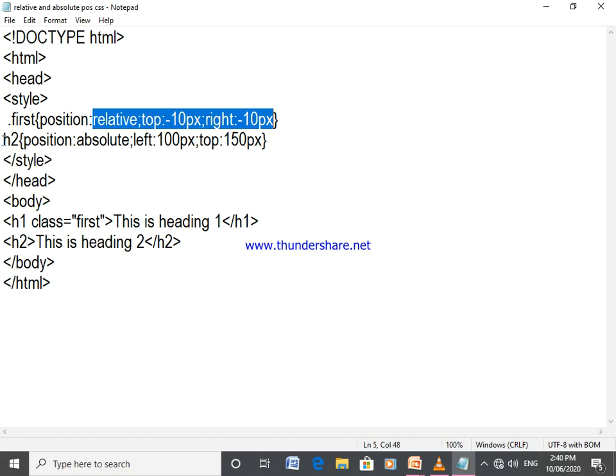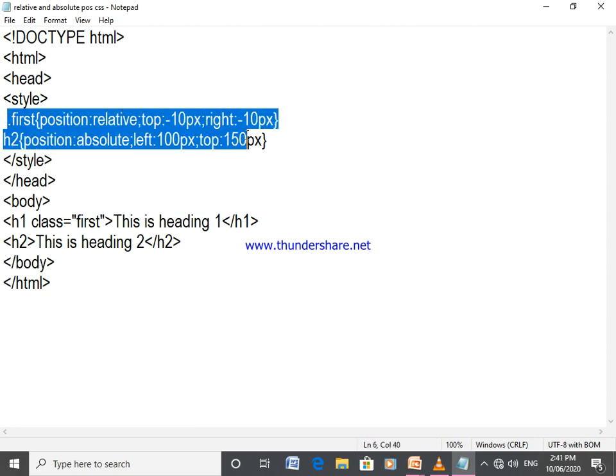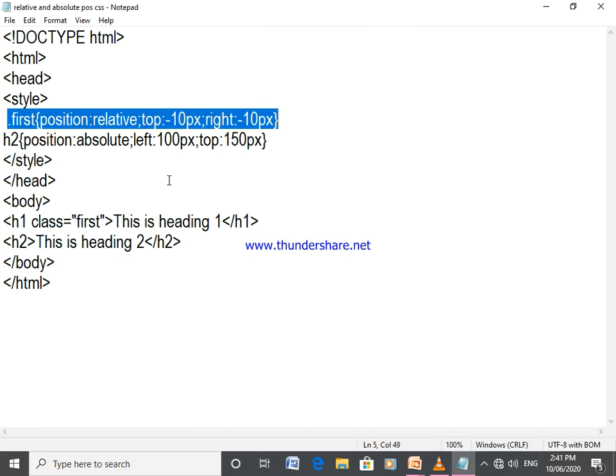Now the second selector is S2. In that S2 you control the position as absolute, and its spaces, that means positions, from left 100 pixels and from top 150 pixels. So let's see the body section. Here in the H1, class first. What do you mean by this class first? That means this text, this is heading first, will be affected by the first style definition, that is dot first, position relative.